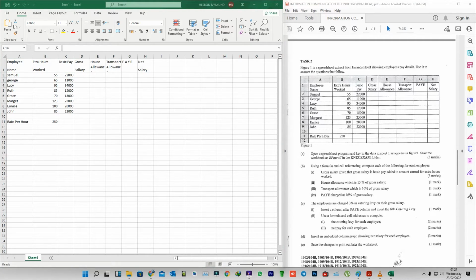So task 2A says open a spreadsheet program and key in the data in sheet 1 as it appears in figure 1. Save the workbook as e-payroll. In the exam, just by typing this, you'll get 5 marks. So let's save this as